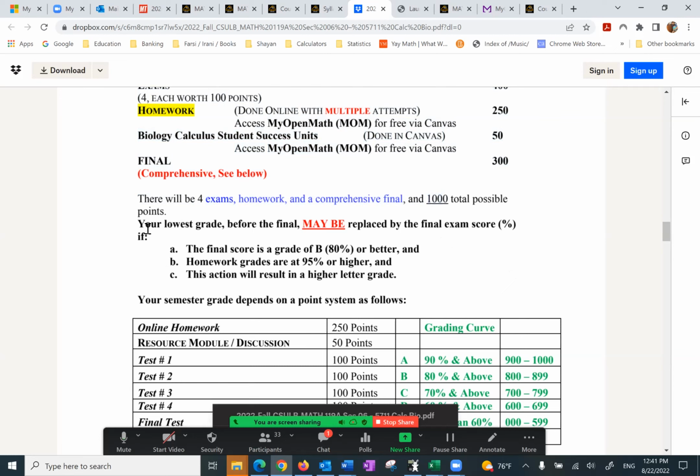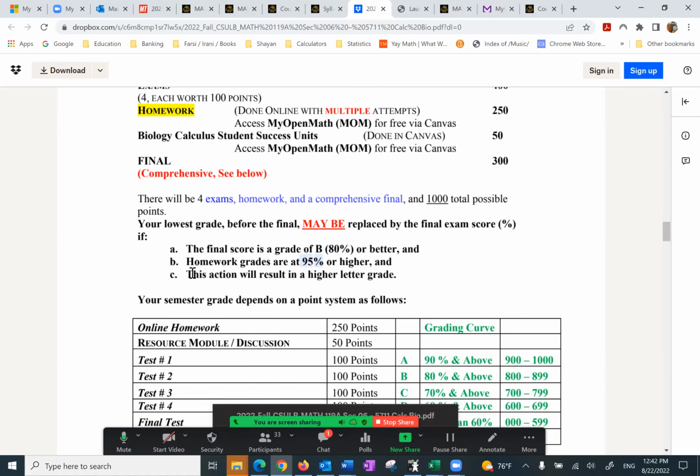Also, your lowest grade, by that I mean the lowest grade of the first 4 exams, will be dropped and replaced by the final, as long as the final is good, meaning at least B or 80%. Your homework is good, that means 95% or higher. The reason it's 95% is because in the past, most students do an A1 job on that because there is no time limit, as long as it's done before the due date.